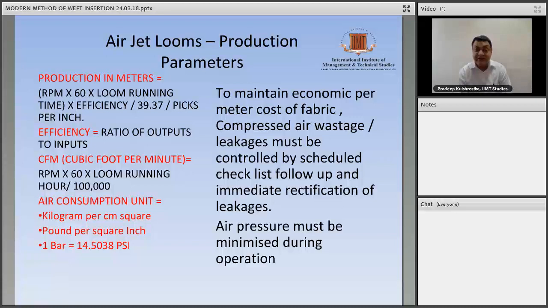Then air consumption is also shown on the microprocessor here, or even on air pressure gauges in the loom shed, in kg per centimeter square, or pounds per square inch, or in bar. Conversion, everything is standard conversion. So to maintain an economic per meter cost of fabric, compressed air wastage and leakage must be controlled by scheduled checkups